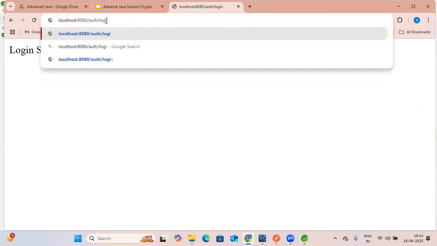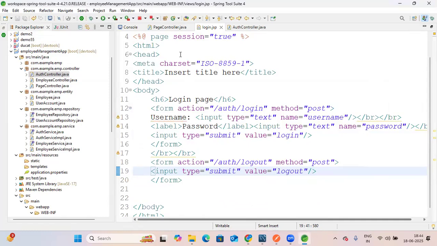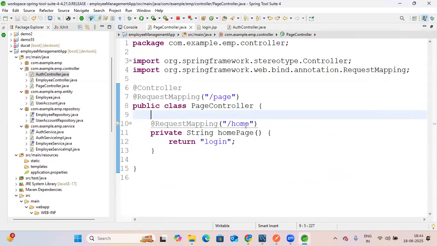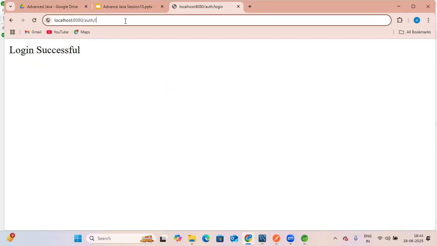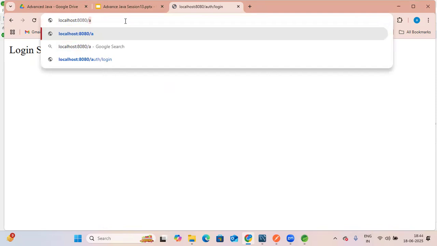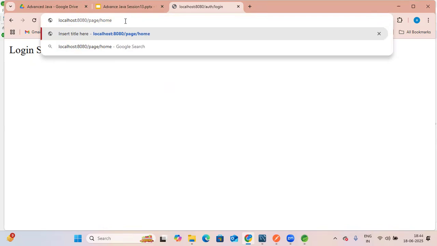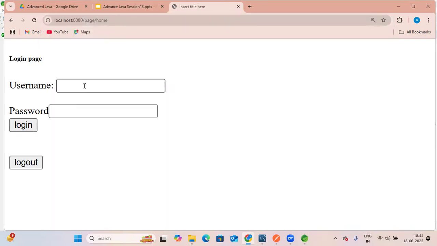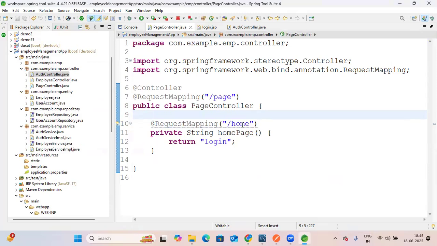in place of login, I have the page which I have created in the controller layer, the home page, slash home, on 8080, slash page. This is for login and this is for logout. The login we have seen. Now, when I click logout with the help of input, then what